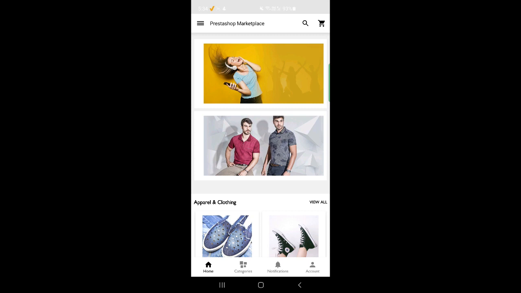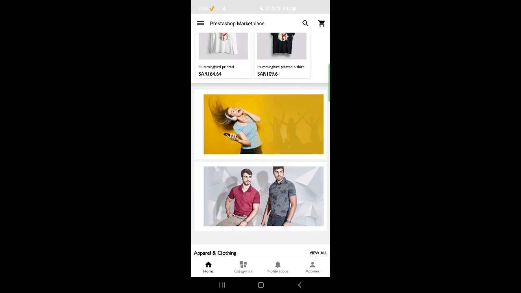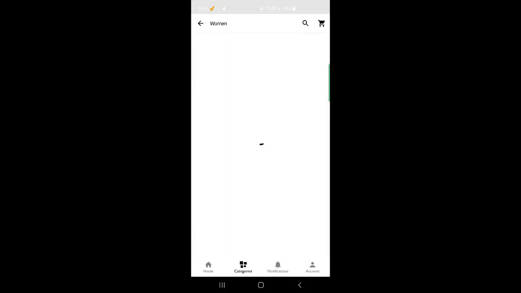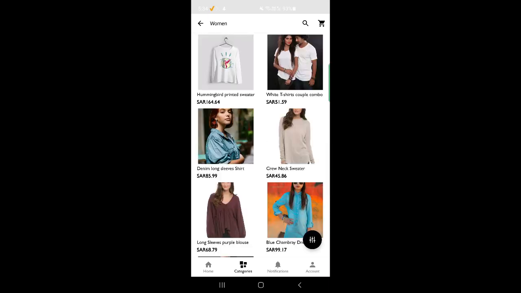Now, depending upon what link the admin has set up for these banners, the customers would then be redirected to that particular thing. So for example, if I tap on this yellow banner, I'll be redirected to a particular category that has been assigned to this banner, and the products within that can then be scrolled or checked by the customers there. And here you can basically filter out the products. You can sort the products.